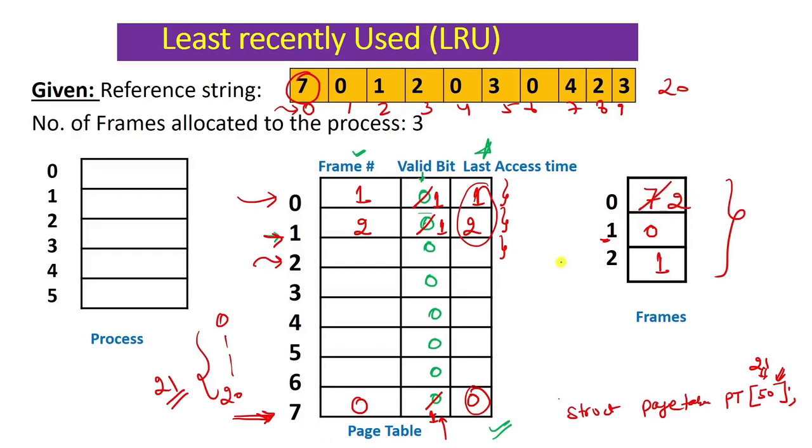Okay, but as I told you here, when you are putting 2 here at 7, you have to update the table 2 times. Why? Because as 7 is going out of this frame, 7 will not be present anymore inside this 0th frame, so I have to invalidate this entry for the 7th page. That is, I'll say you now become 0, because you are not present anymore inside the frame.